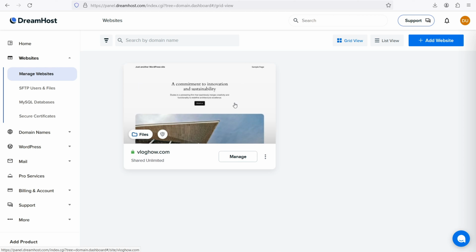If you register a domain name that I already own, like I did, so I got my domain name first at Namecheap, and then I got the shared hosting account and set everything up at DreamHost. So it's going to appear here. If for some reason you chose to skip this, you're not going to see anything over here,